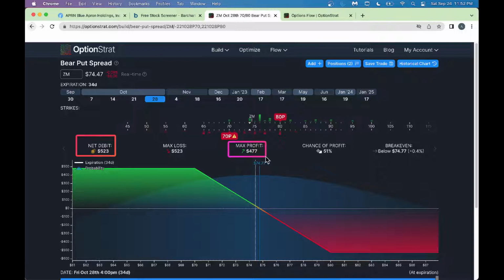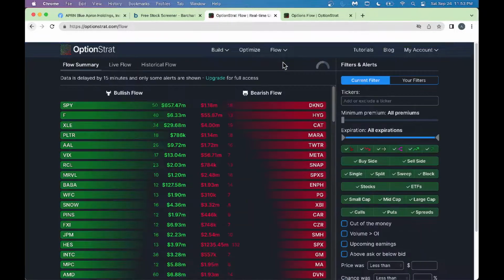It's the 477 here. As Zoom comes down below this break-even 74, which is the current price, you'll start making money. This is a spreading technique where you don't need to lose too much money. At the same time, you make money as Zoom comes down. All right, so with that, let's come back here. This is how you play along with this